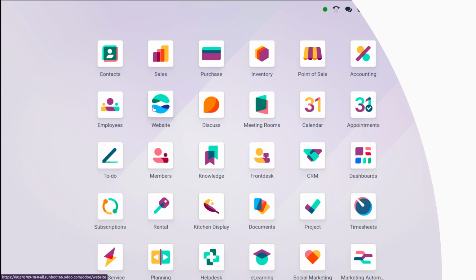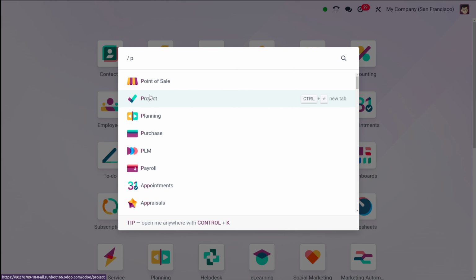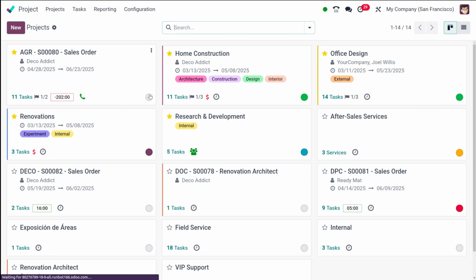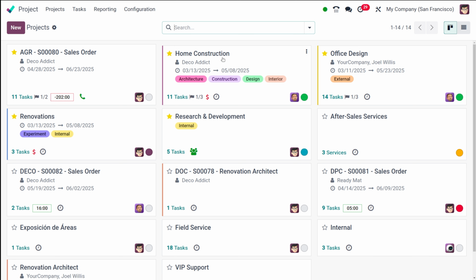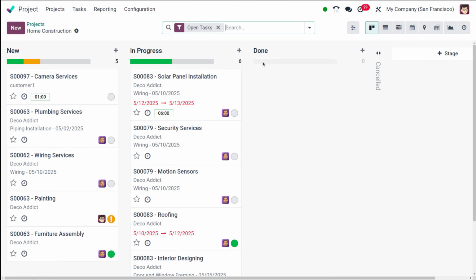So without wasting any time, let's move on to the video and let me show you how to configure the subtask. Now let me show you how the subtask is managed in the project module of Odoo 18. For that, first of all, let's open the project app in Odoo. So here's the project app. Now you have to select the project where you want to create a subtask by clicking on its name or card. You have various projects over here. So let me create one for home construction. I'm clicking on the card view over here, where you can see different cards.